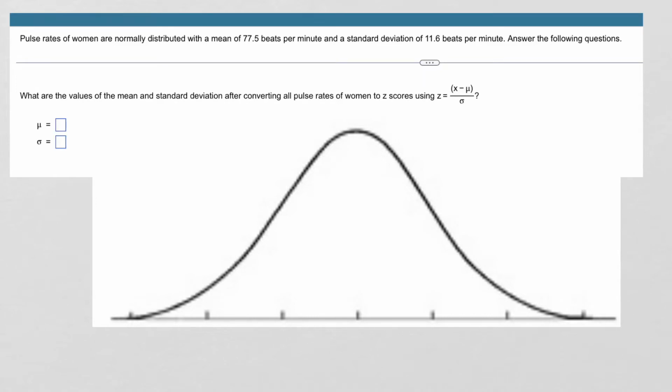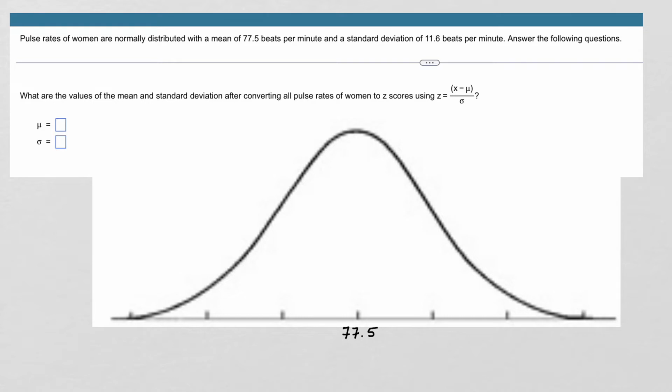In this problem, we're told that pulse rates of women are normally distributed with a mean of 77.5 beats per minute and a standard deviation of 11.6 beats per minute. So, in order to visualize that on our normal distribution, I'm going to put the mean in the center,